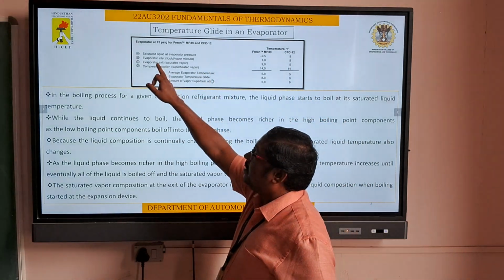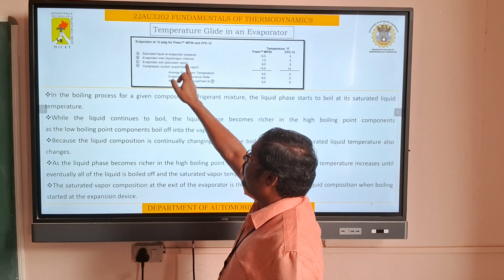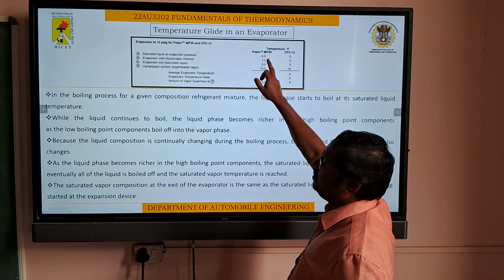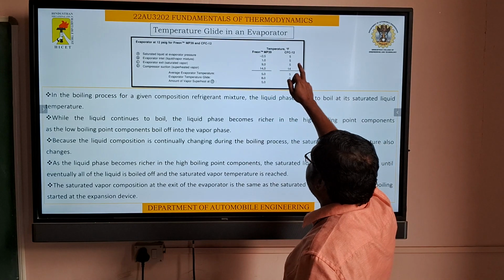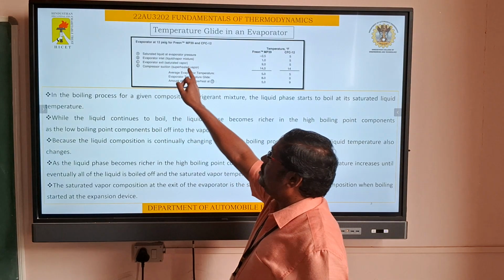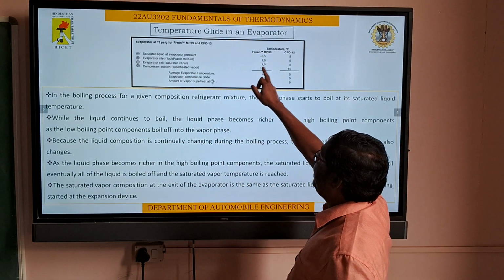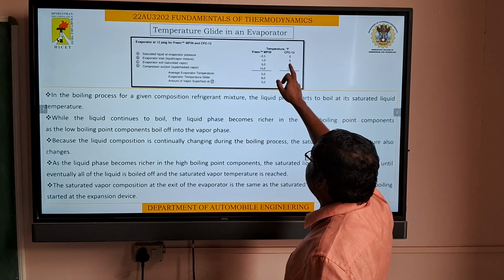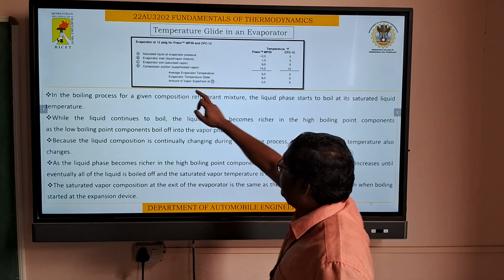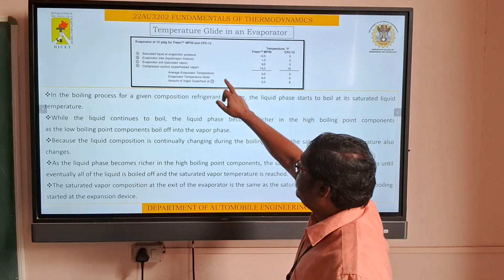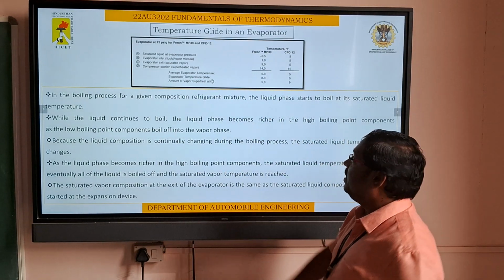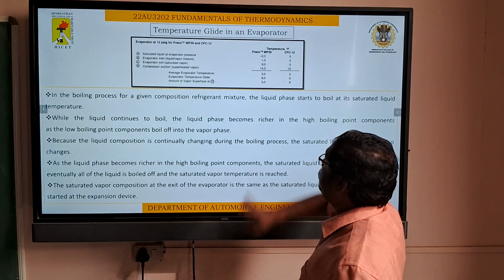In the evaporator inlet, it is the mixing of liquid and vapor. For the zeotropic mixture it is almost 1 degree Fahrenheit, and CFC12 is 5 degree Fahrenheit. So at the evaporator exit, that is the saturated vapor, it is almost 9 degree Fahrenheit. But CFC12 is the same, 5 degree Fahrenheit. So we have the temperature difference. And again at the compressor inlet, that means superheated vapor, we have almost 14 degree Fahrenheit, and CFC12 is also 14 degree Fahrenheit.